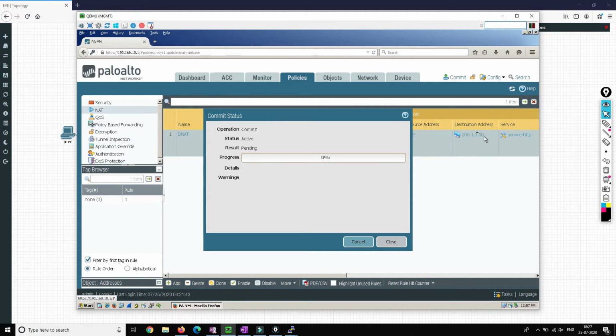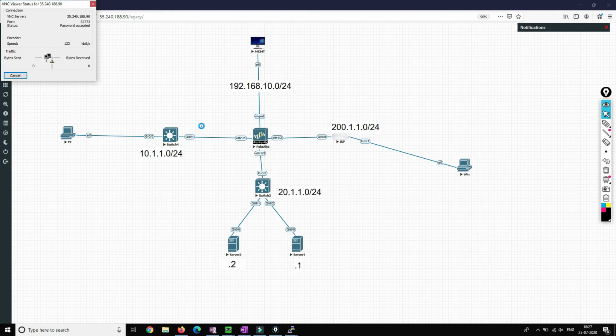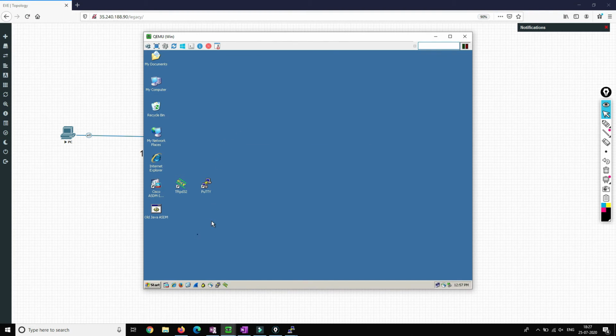200.1.1.50. Okay, and we'll see how the load balancing is happening. It will clearly show you. Okay, so it's been completed. Now we'll close it off and we'll go to the PC and we'll open the web browser here.